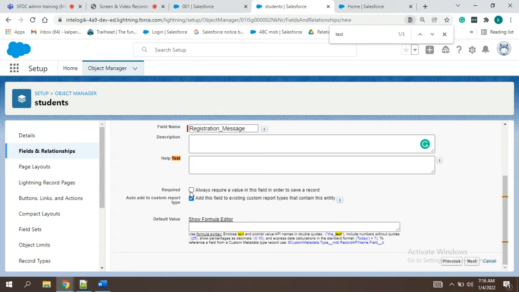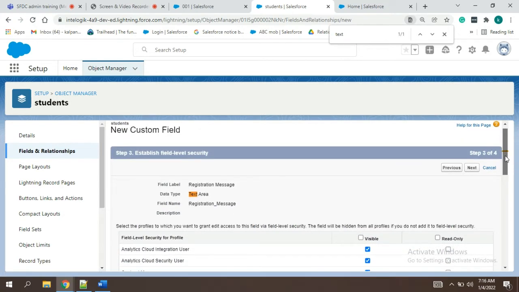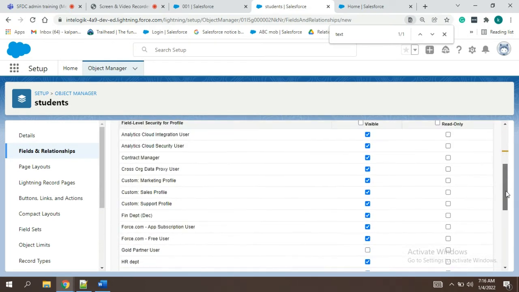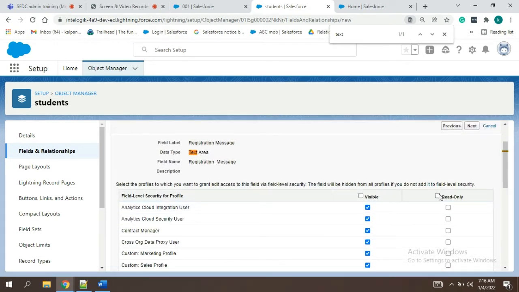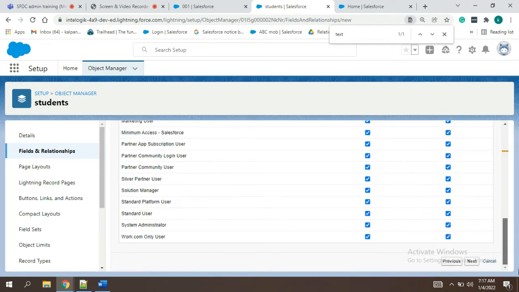This is not always required, not necessary. Based on that, it will happen. So here we are showing the message to the end user. Is it needed that we give all the other access? We can make it just read only, no? So that people should not edit that field.